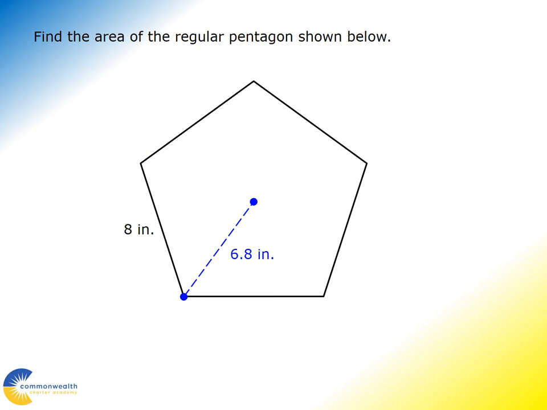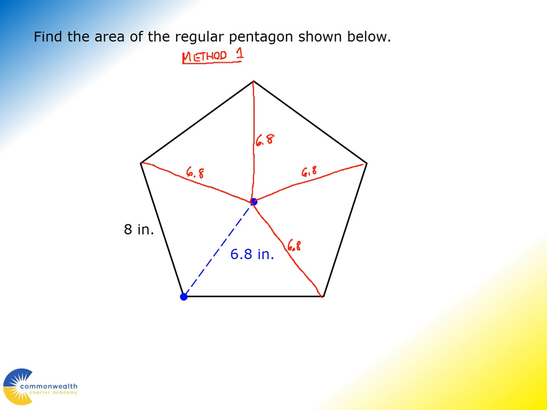One of the other skills that we learned about in this particular section was to find the area of a regular pentagon, or regular polygons in general. Sometimes it depends on the information you have. Here, we have an 8-inch side, and that means that all the sides are 8 inches. And we're given that this measurement from the center to a vertex is 6.8 inches, which is a radius of this regular pentagon. So one method I could use to find the area of this pentagon is to kind of